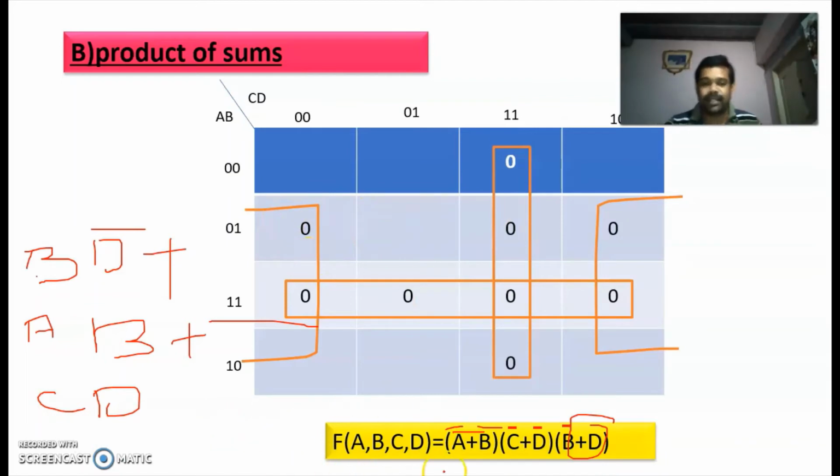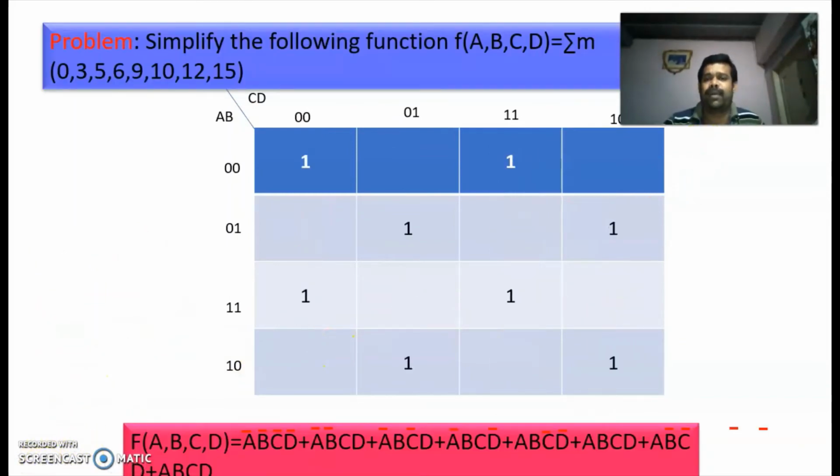Okay, the expression is A bar plus B bar, C bar plus D bar into B bar plus D. So first you write the expression in SOP, then you convert it to POS. So next problem,